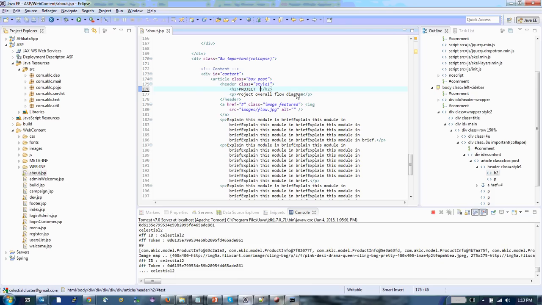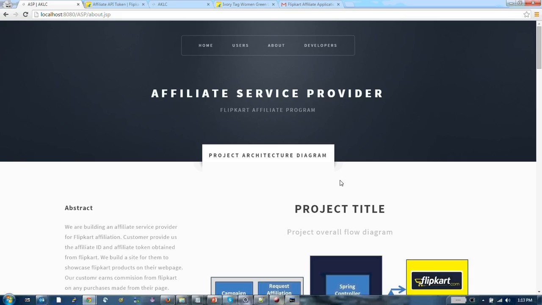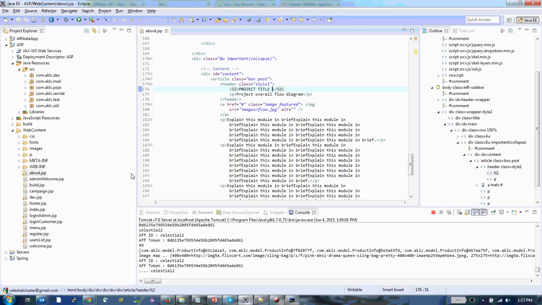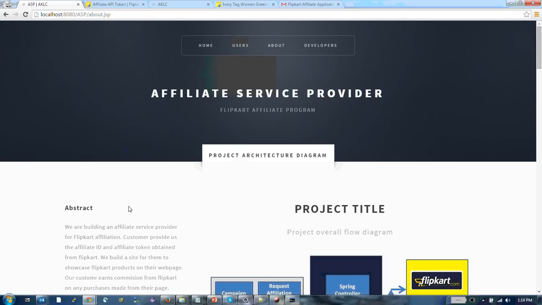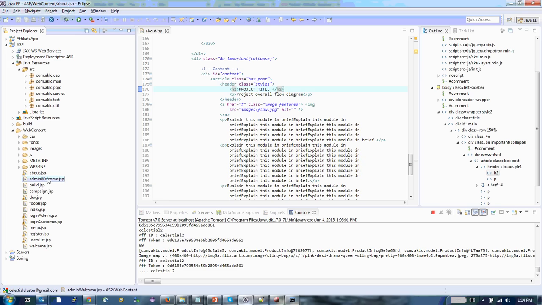Just modify it, and after that you can simply go there and refresh it, so it will get updated. It is just content; you just need to find out where it is coming from and you can update it directly. All the presentation part will be present here, all the front end screens. This is for about, this is for admin welcome, if the admin has logged into our application, this page will be shown. This welcome is for user welcome, if the user has logged into our page, this page will be shown. This is the registration file, this is the login file for admin, and this is the login file